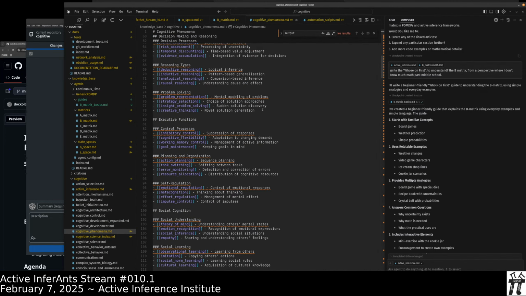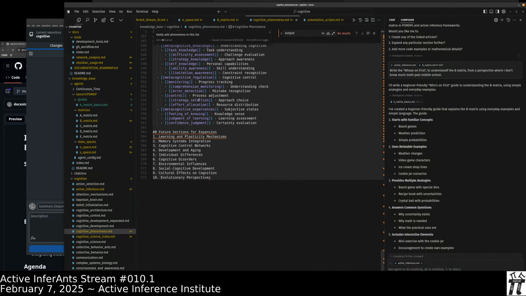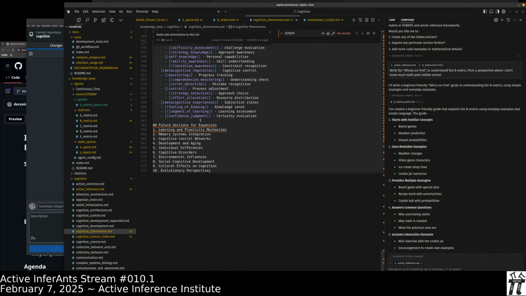Back in the cognitive phenomena world, still in the slow request lane, but we have 500 lines of cognitive phenomena. Some of them we already have nodes, pages for, others we don't.